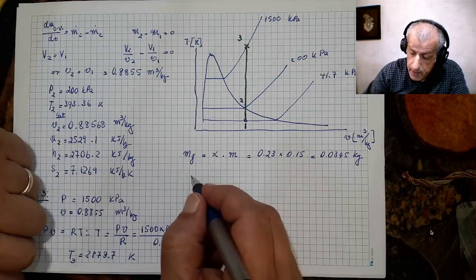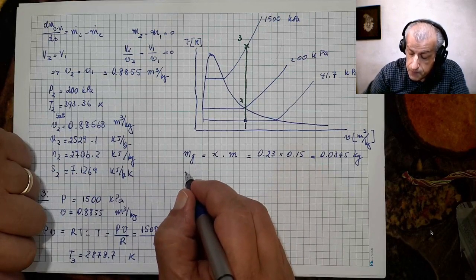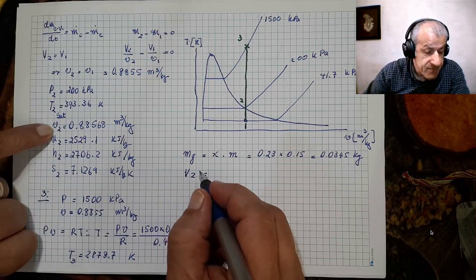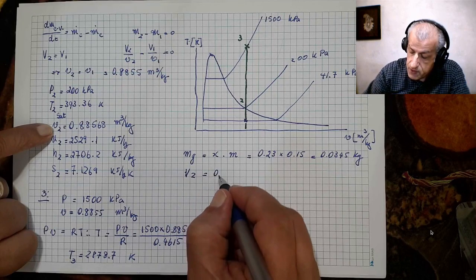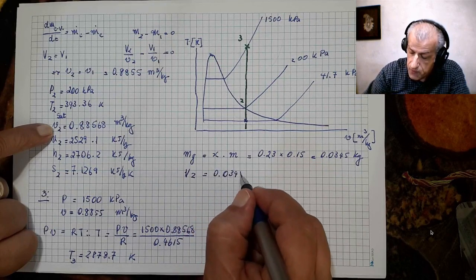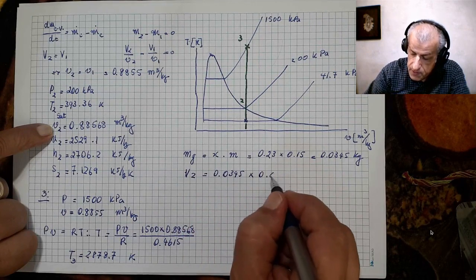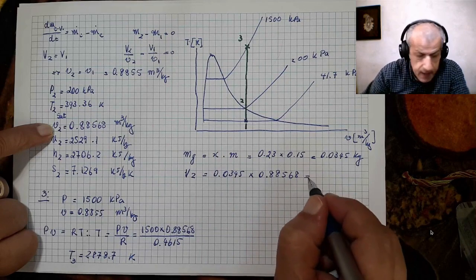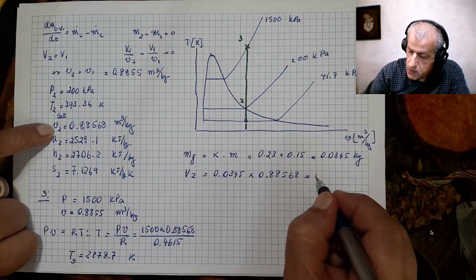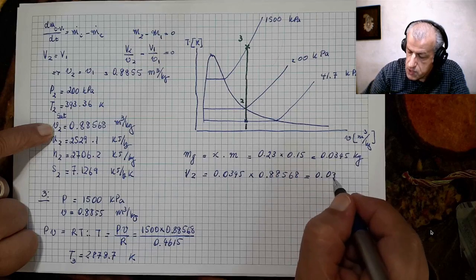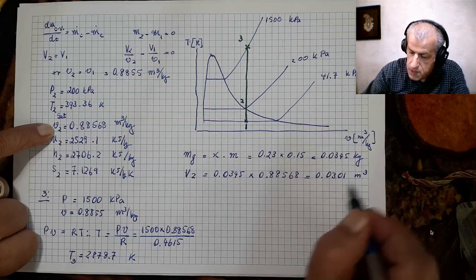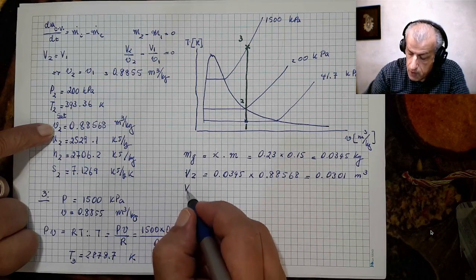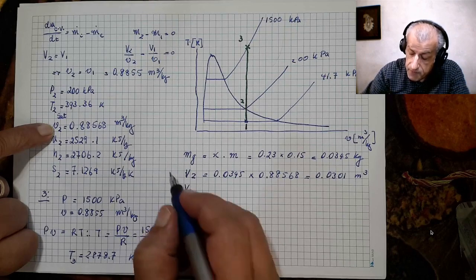specific volume, and therefore V2 would be 0.0345 times 0.88568, and this would be 0.0301 cubic meters. And what was the volume to begin with? V1 of the vapor,